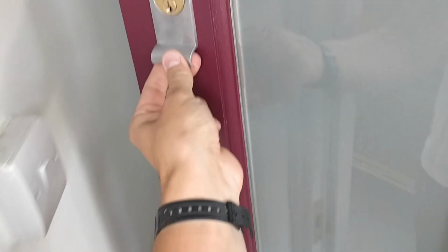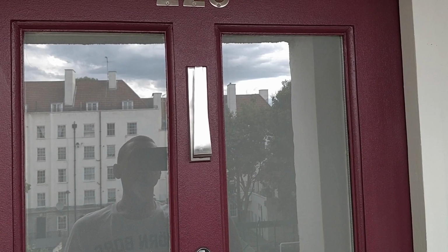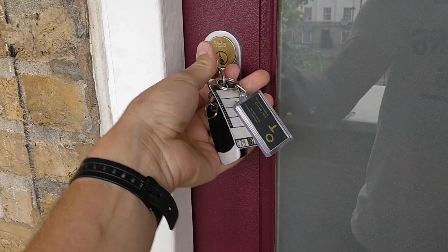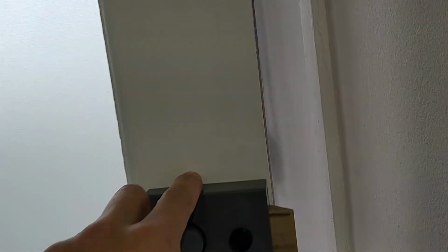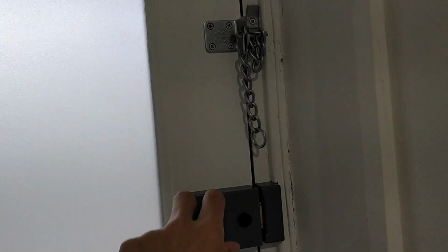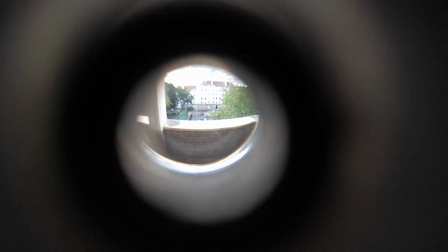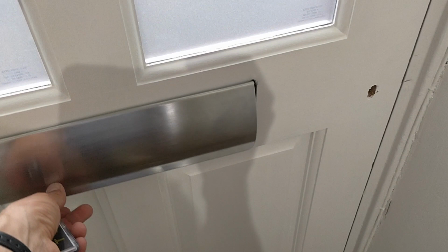Now I've got this nice little pull here. Opens up. I requested a chain as well, so I've installed that. So it goes in there. That works fine. And I also put a little eye hole in there so you can see out. This covers the inside of the...